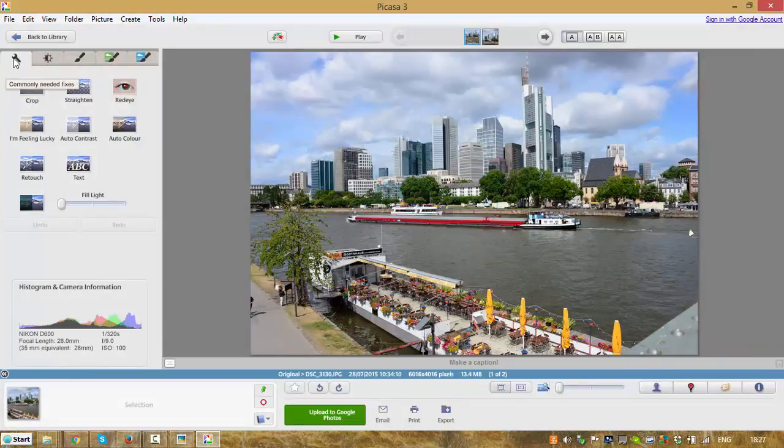So I've got my basic tools here, my commonly needed fixes, and what I want to do is to crop this photo to a different format. This photo is of the financial district in Frankfurt, seen across the River Main, so there's all the financial buildings. I want to crop to about that, if you can see my mouse moving. So I shall click the crop tool,